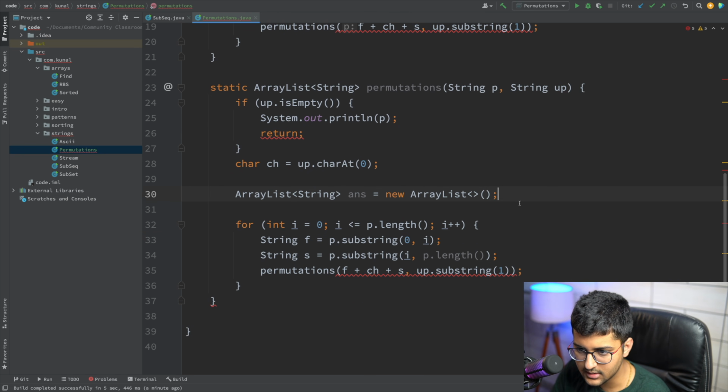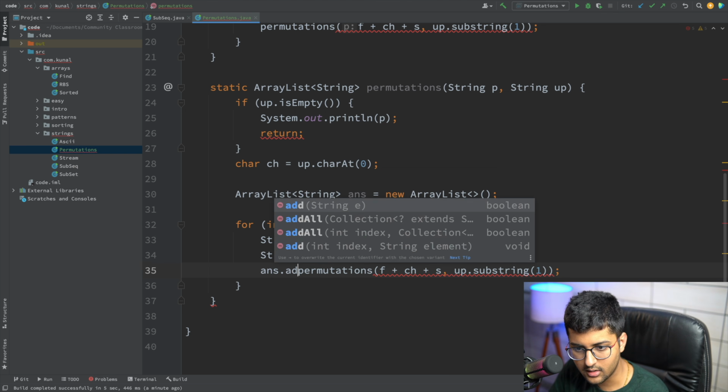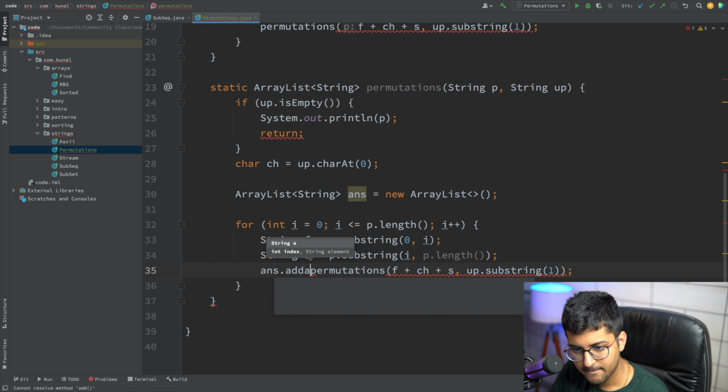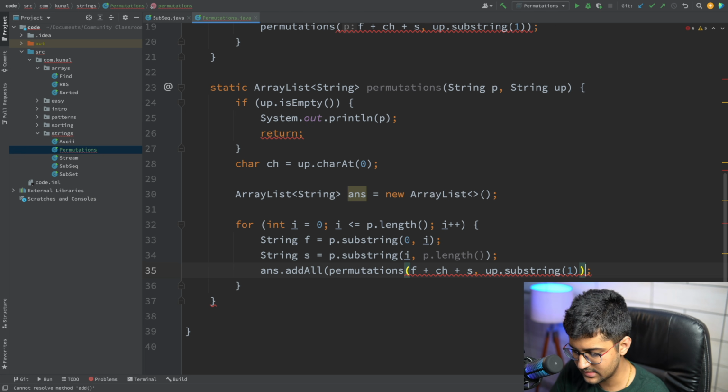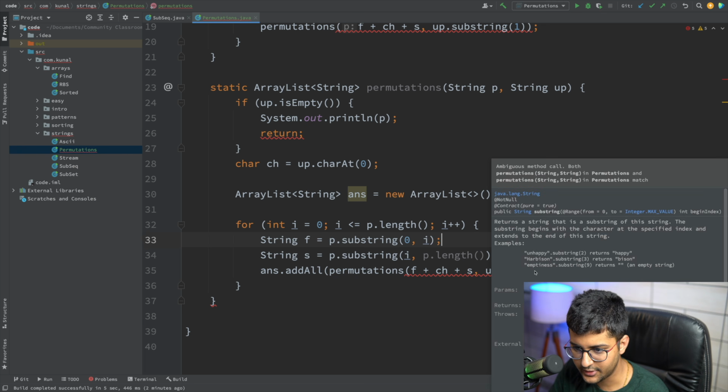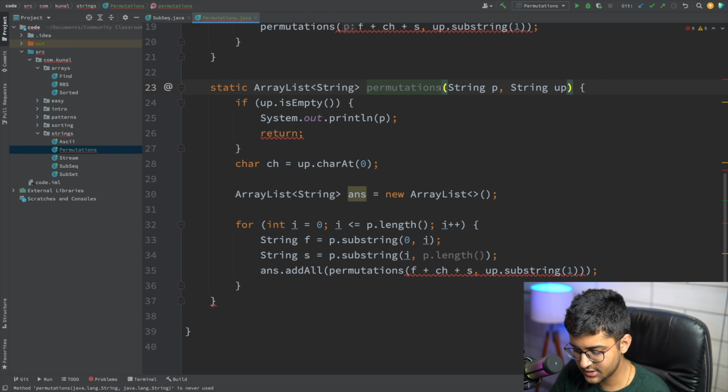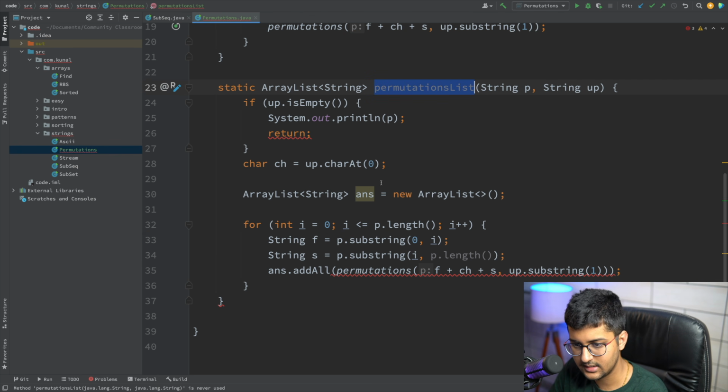All the answers that I'm getting from the recursion calls, I'm just going to add in my answer. Answer dot add all, which I've already explained in previous lectures. So add all the answers that you're getting from here. I can call this permutations list or something like that.